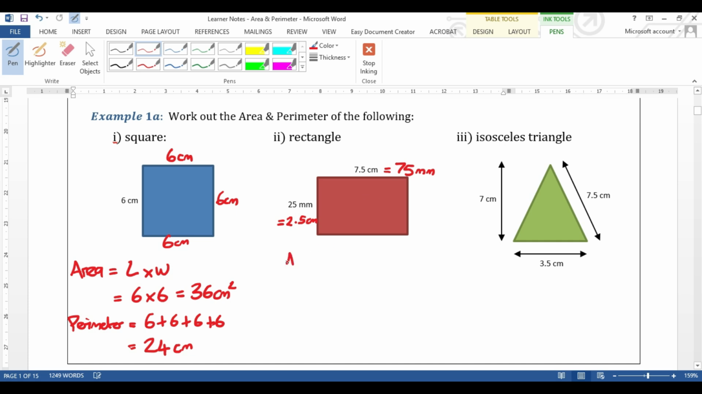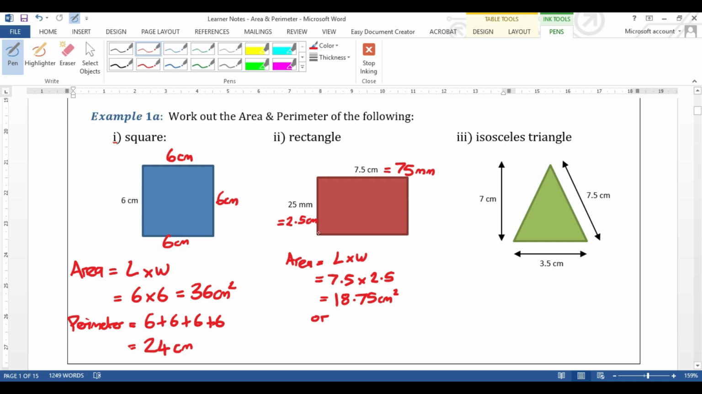So let's do area first, which is length times width. Let's assume that you're using the centimeters, so I'll do 7.5 times 2.5. Let's do that on the calculator. 7.5 times 2.5 gives me 18.75 centimeters squared. Or if you did it in millimeters, that's 75